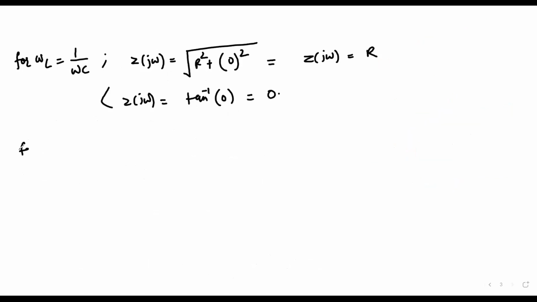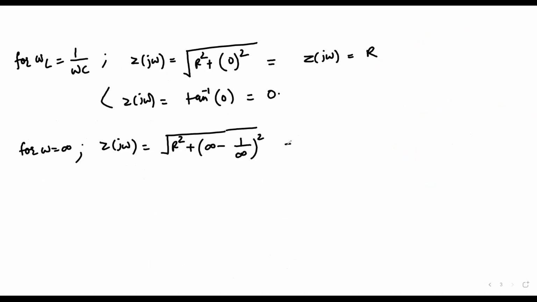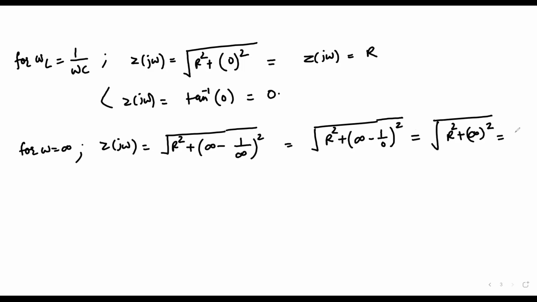And now we see that for omega equal to infinity, Z of j omega would be square root of R square plus infinity minus 1 over infinity whole square. So we are again referring back to this equation right here. Okay, so it's infinity minus 1 over infinity whole square. And if we try to solve this, what we have here is R square plus 1 by 0 whole square, which would be R square plus infinity square. Then it's again infinity,